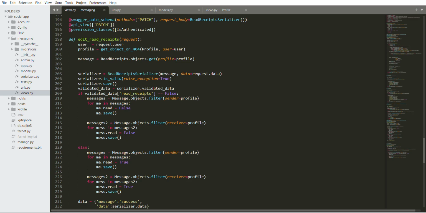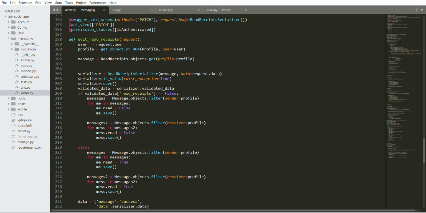So basically, WhatsApp has this feature where if you turn off your read receipts, all previous messages that have been in that chat automatically change from the blue tick to just a plain tick, which doesn't show whether it has been read or not. So basically that's what we're trying to do here.